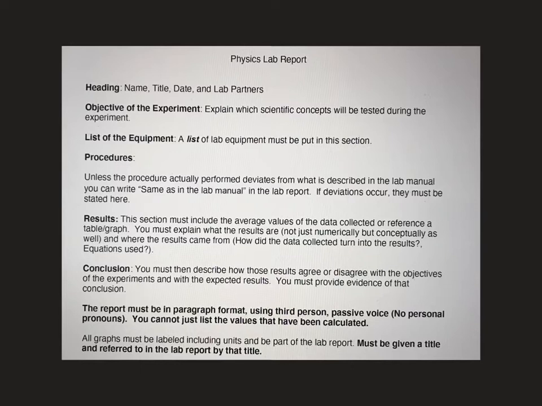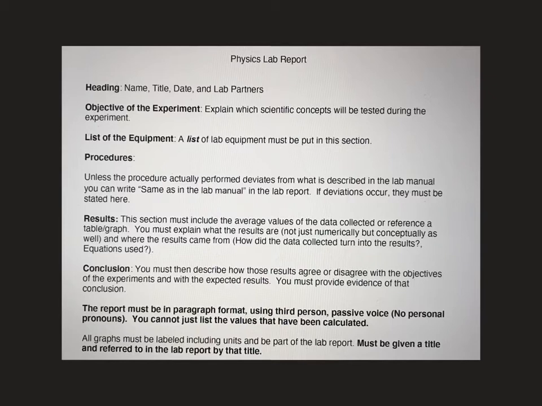Lab reports must be in your own words. So you cannot turn in an identical lab report as your lab partner. You will have the same data, but the words that go around that presentation of the data need to be your own. So SafeAssign checks not only that of students in this particular course, but of past courses. So if you get a lab report from somebody that's taken another section or taken me in the past,